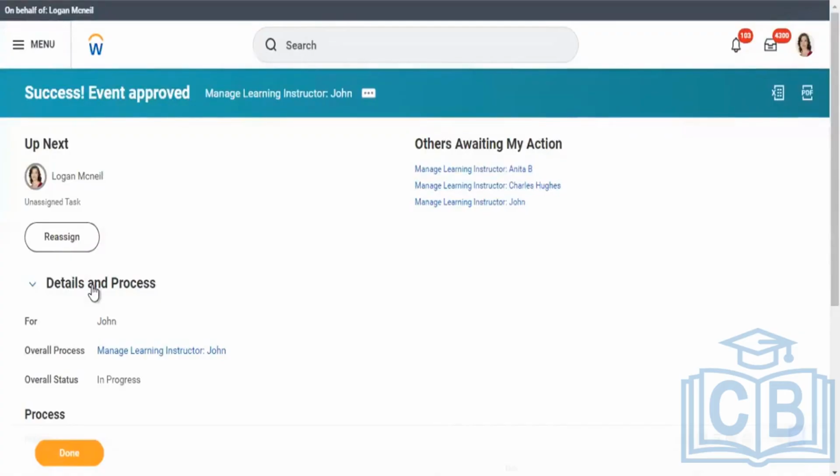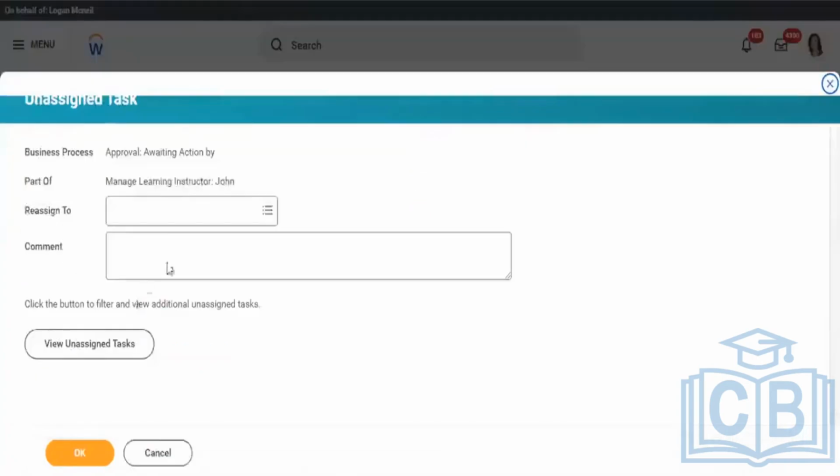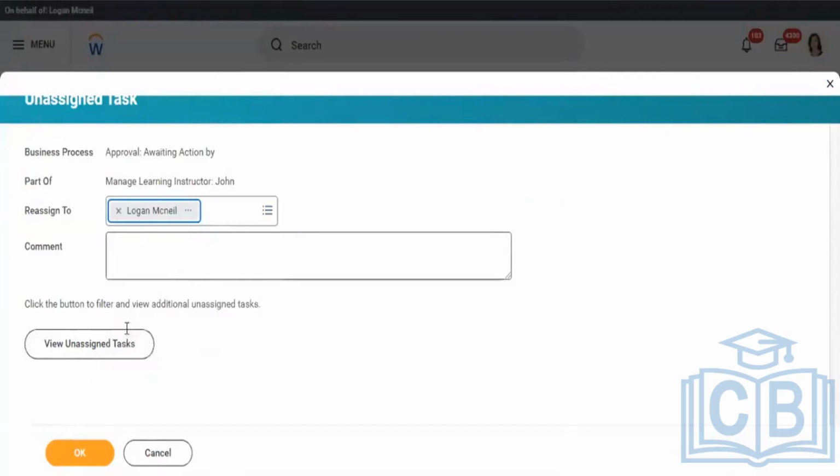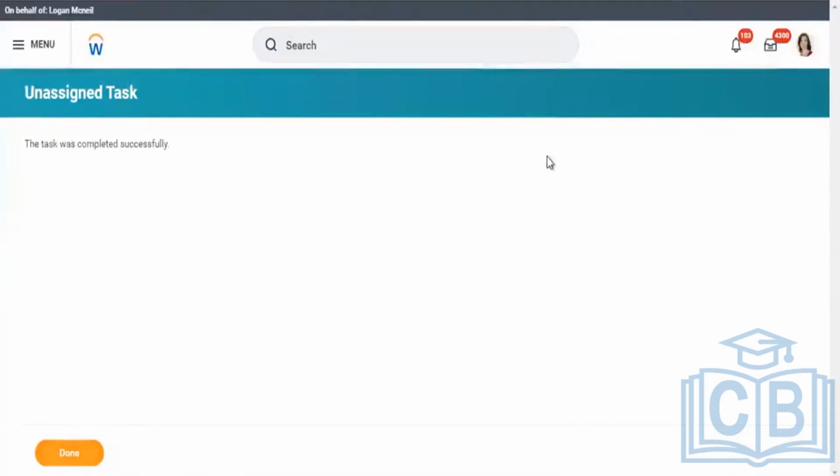Because of the invalid security, when you initiate the transaction, it is not understanding to whom it has to assign, so it is asking you to reassign to someone who can take an action. We will be assigning to the people who can take actions.